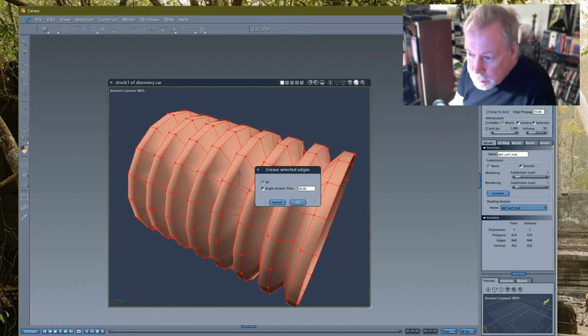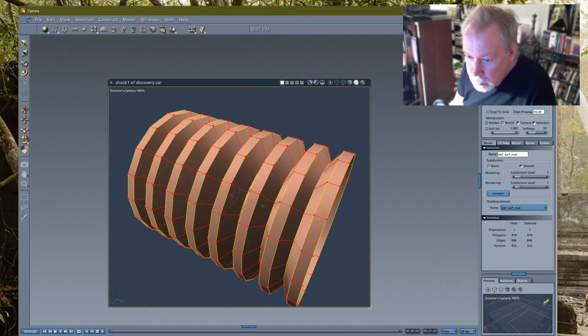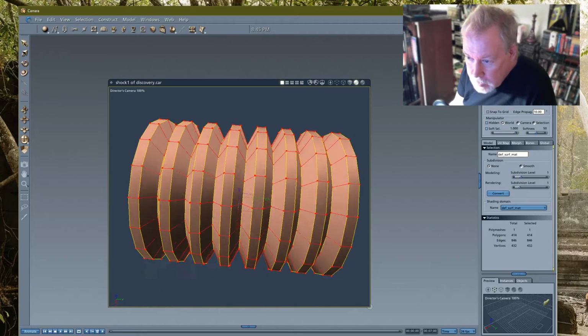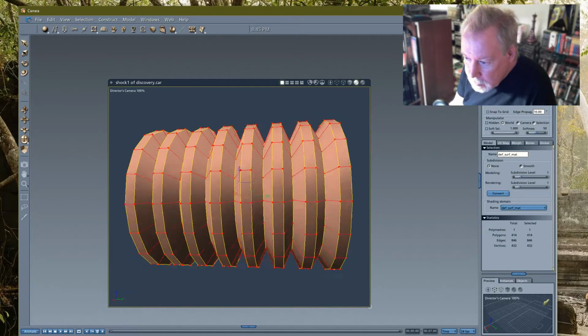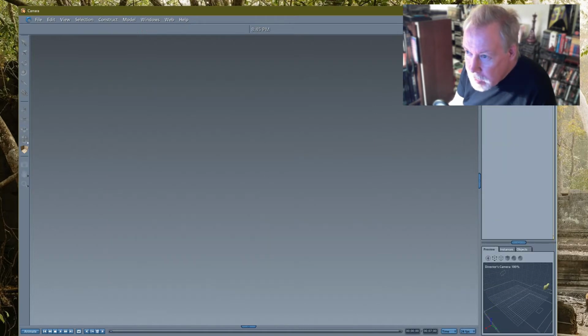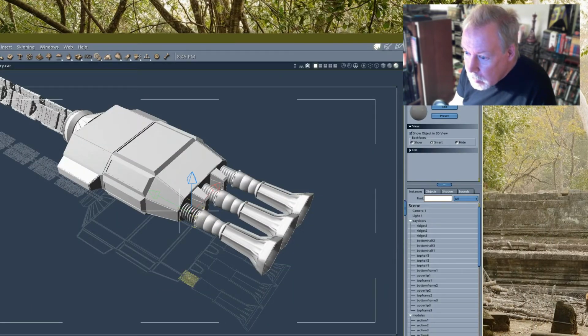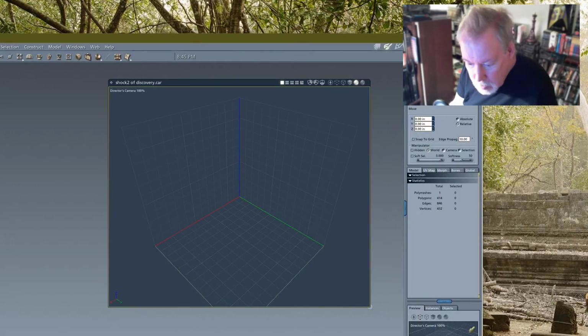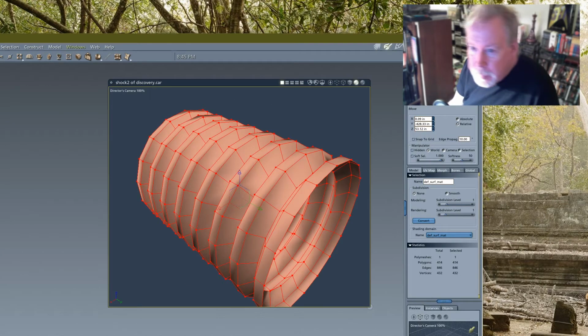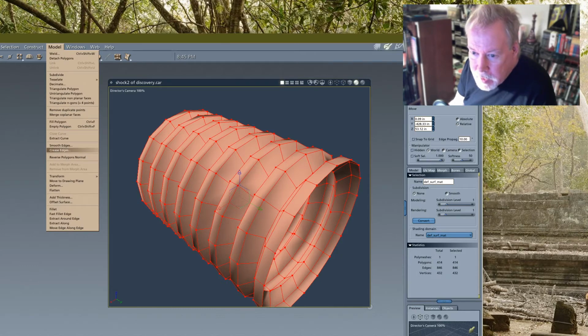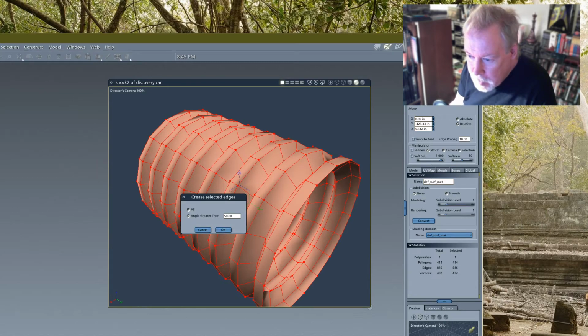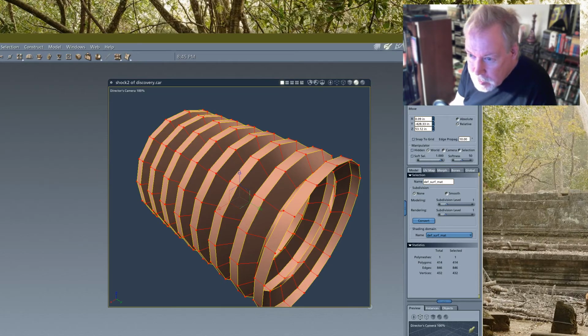Okay, crease. Will this work as default? Oh, it does. Yay. Okay. 50 is the magic number for those. Let's do this one. And yeah, I know there's shortcuts to all this, but I use the menus because 5 years can go by since using an application like this, and I don't remember shortcuts after 5 years, so I don't bother learning shortcuts.